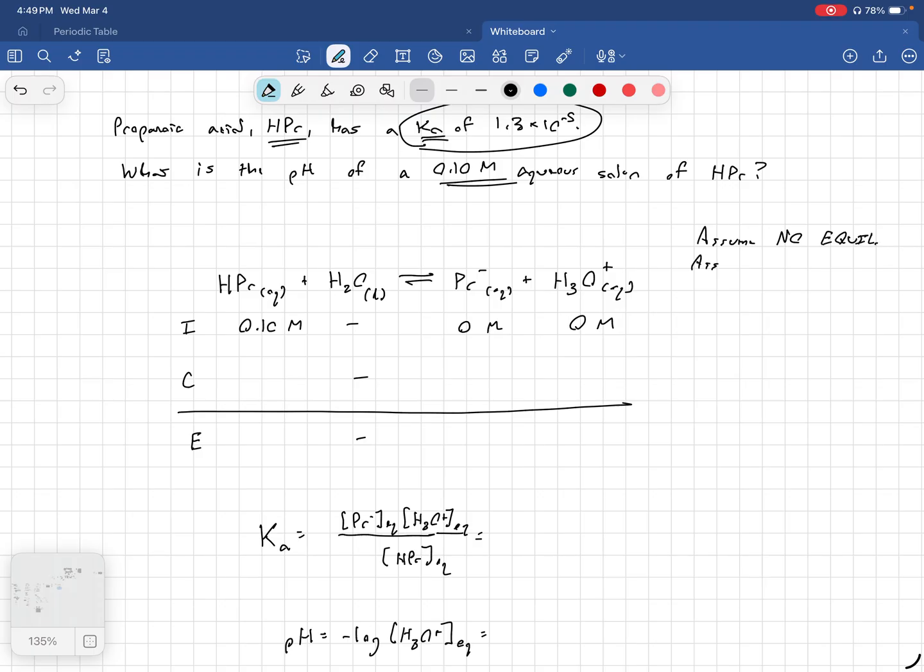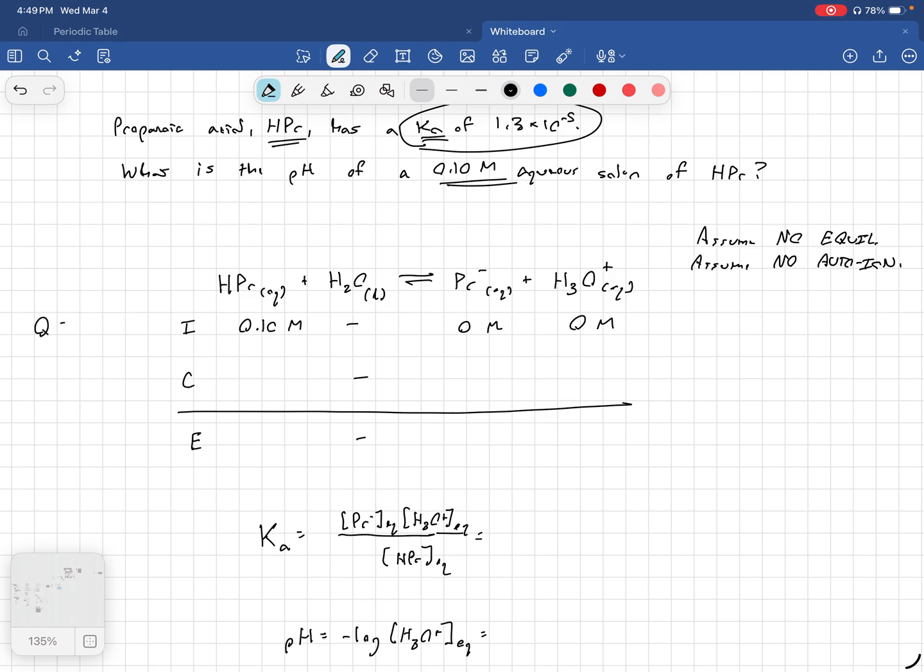We also assume no autoionization for water. So that's why we're assuming that the H3O plus concentration is 0 moles per liter, because we are assuming that water has not autoionized. In reality, it has, but from a mathematical standpoint,